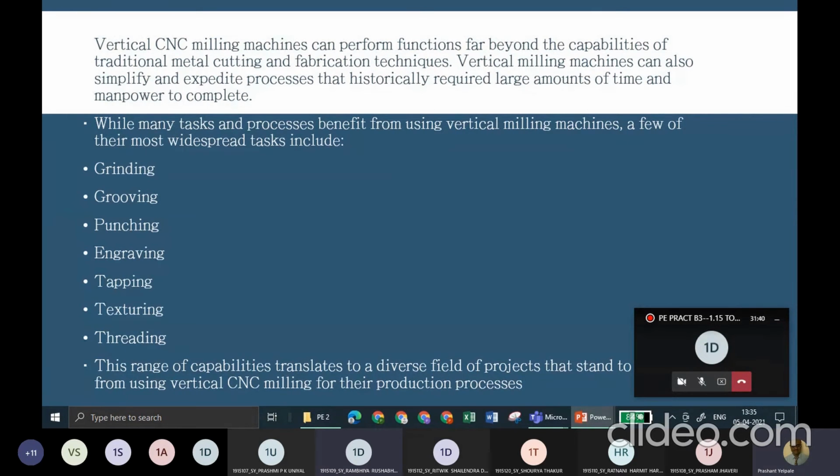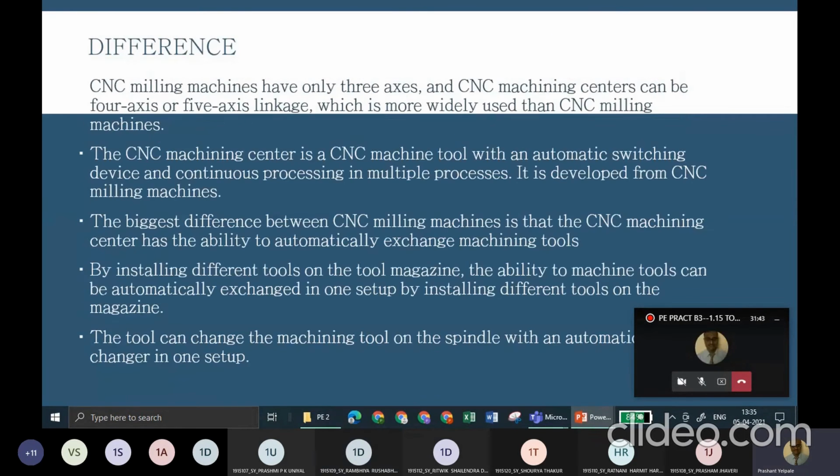Next. So the difference between the two milling machines is that the CNC milling machine only has 3 axes, while the CNC machining centers can have 4 or 5 linkages, which is more widely used. The machining center is a CNC machine tool with an automatic switching device and continuous processing in multiple processes.